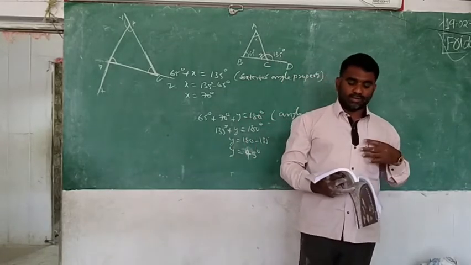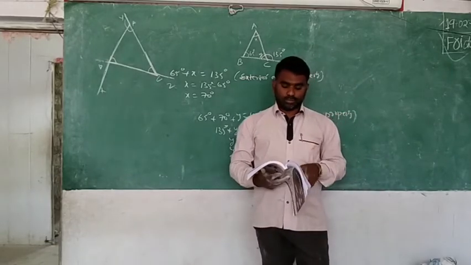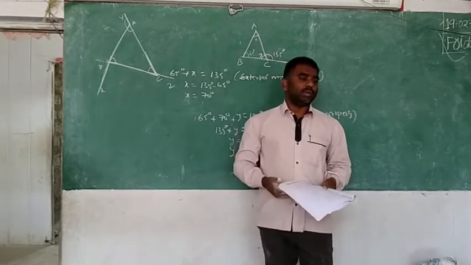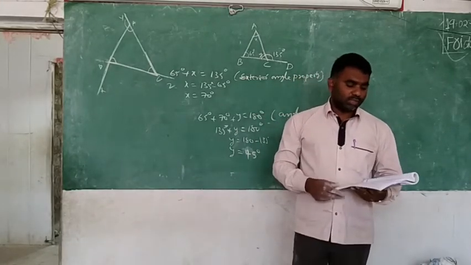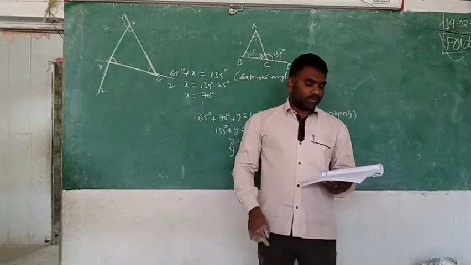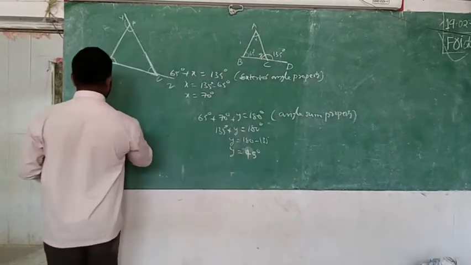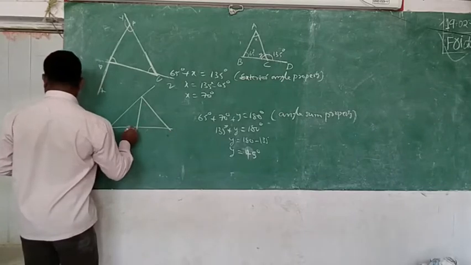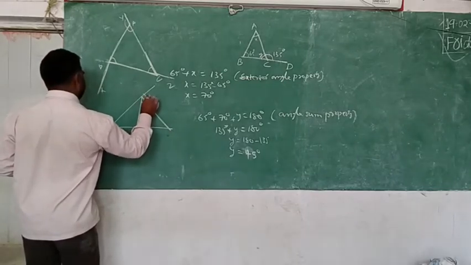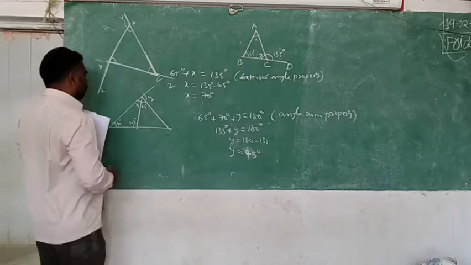Yes. The fourth question, you see. In the following figure, find the values of x and y. Can you find them? First one, x you can find directly, because you know the exterior angle and the two interior angles. Which is the next one, you see. The second problem looks like this. This is 65, this is y, this is x, this is 40, and this is 107. Then how do you find it?